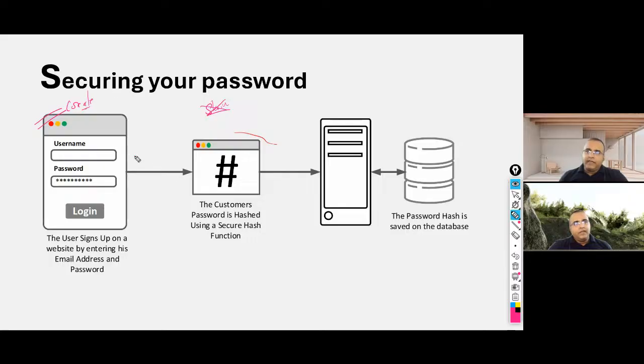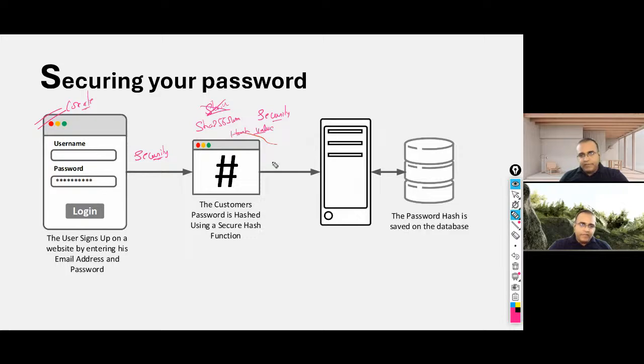Let's say I give the password as "security". They're going to run SHA-256 sum or any other hashing algorithm, and it gives you a hash value.